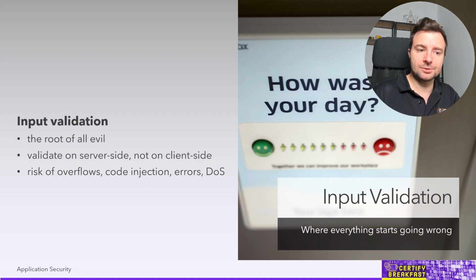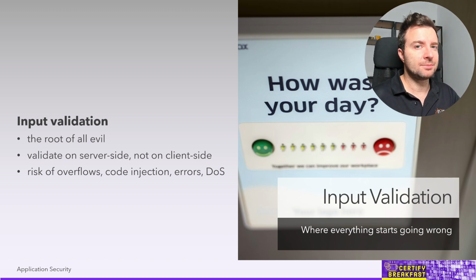side that username should only contain letters and numbers. And if you accidentally type a hyphen in there or a dot, it's going to immediately make that field red and tell you that the only accepted characters are these, this, and this. All right. That's also a type of input validation, but it doesn't protect you against attacks. It's simply a type of input validation that helps your legitimate users understand the way that application is supposed to